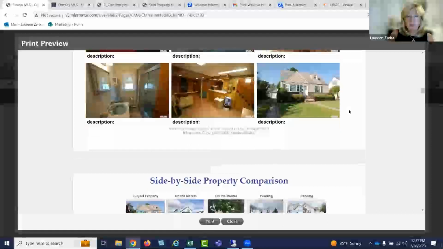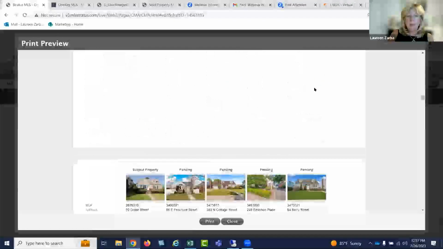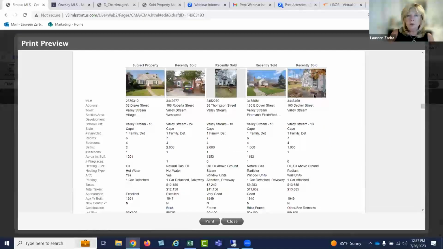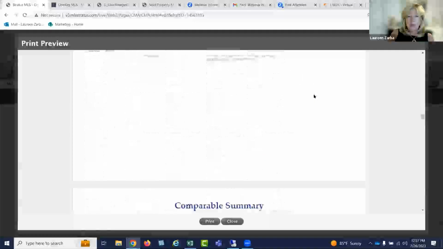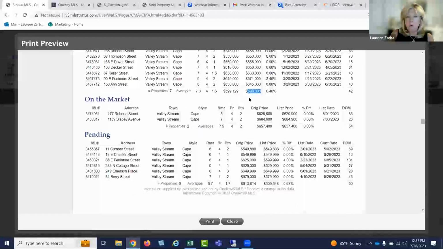The pictures of the house came in. So my side by sides, this is typical for a CMA. Here's my subject property, and here's all the comps. I got 2 on the market, pendings, more pendings, a lot of pendings, right? Some solds. And then this is the one I look at in Stratus. It is recently sold. The average is almost 600. On the market's usually a little escalated, 657,